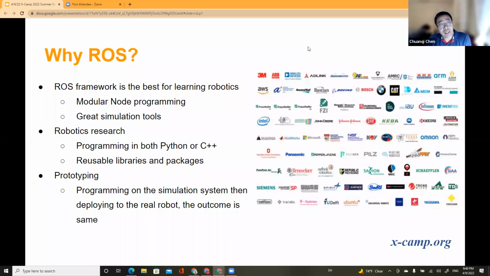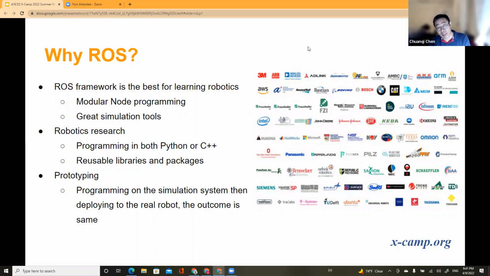As I talked about in the beginning, studying robots is very time consuming. So what XCamp would like to offer is to use simulation, so you don't waste your time waiting for hardware design. You can use the simulation environments, and then you can learn all the different individual component designs and the programming